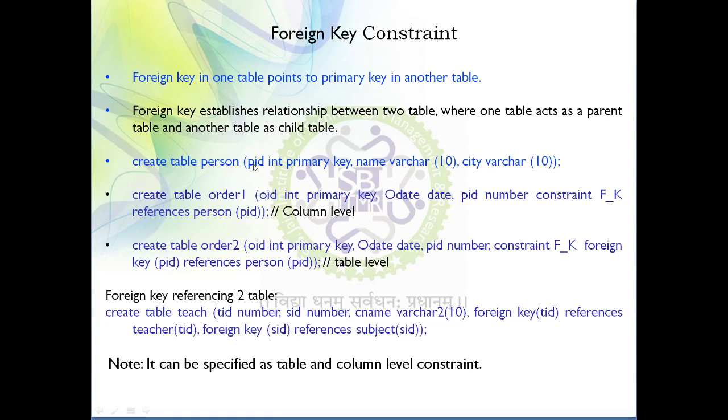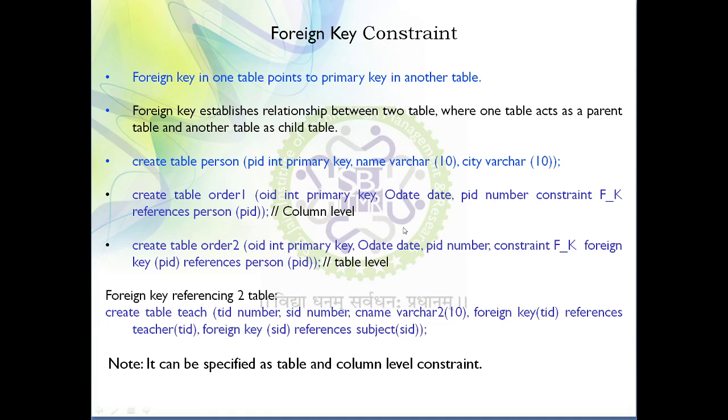From the person table you are getting the personal details of that person, but suppose you want to know on what date that person has placed an order, or whether that person has placed an order or not. For that purpose you need to refer to the order table. So person is a parent table whereas order is a child table. You need to always remember that a parent table has a primary key, and a child table has a separate primary key and a foreign key. So a foreign key is always present in the child table, and in the parent table there is a primary key.